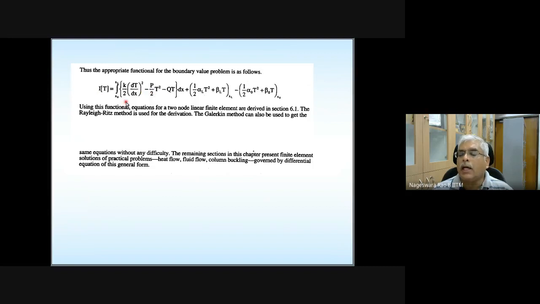So now let's see how to use the 2-node finite element shape functions and further simplify this to get the element equations. So this is the equivalent variational functional. Please take a note of it. Any questions here? Any questions? So now we need to just go and see the 2-node element shape functions and other things here.